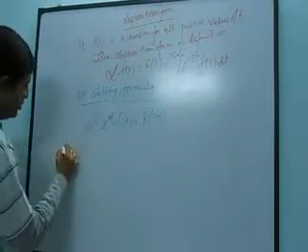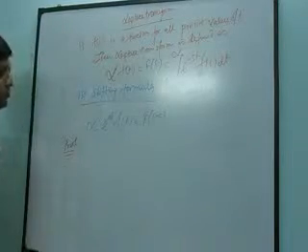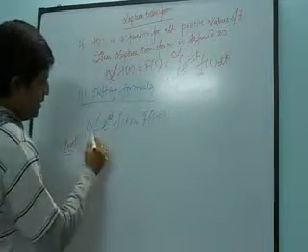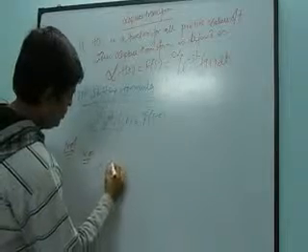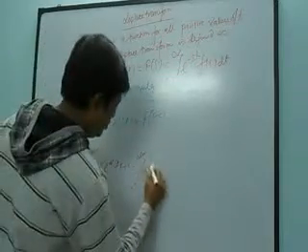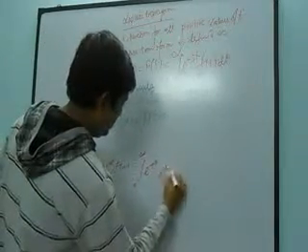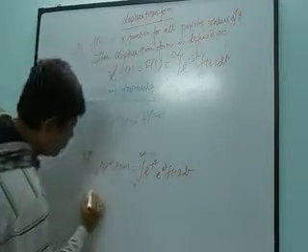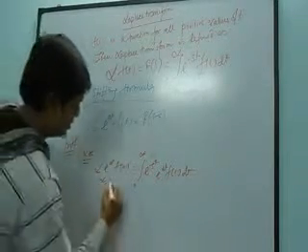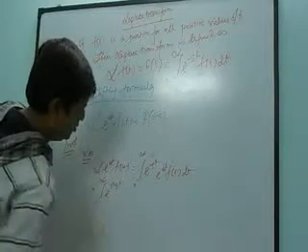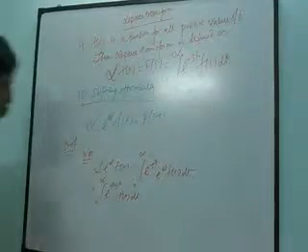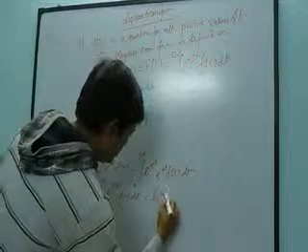Now the proof of the first shifting theorem. From the left hand side, the Laplace transform of e to the power at f(t) is equal to the integration from 0 to infinity of e to the power minus st times e to the power at f(t) dt, which is equal to the integral from 0 to infinity of e to the power minus (s minus a)t f(t) dt. So which is equal to F(s minus a),